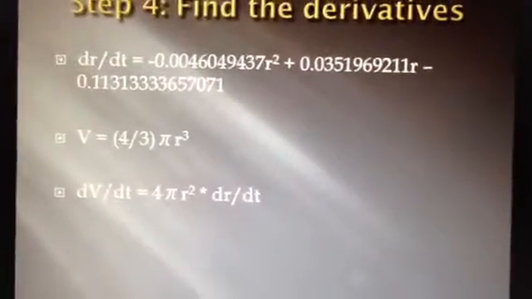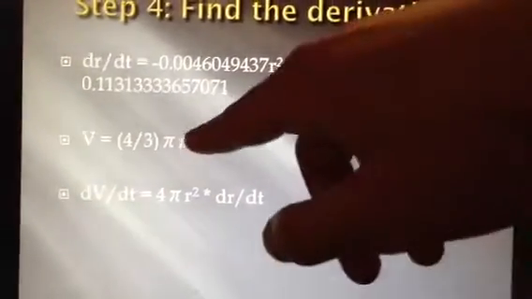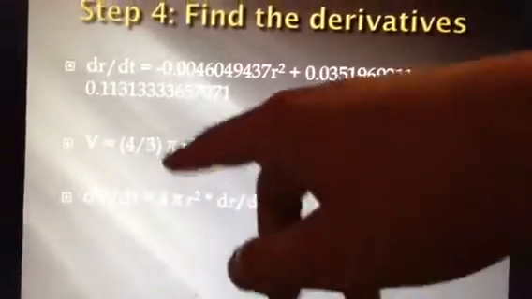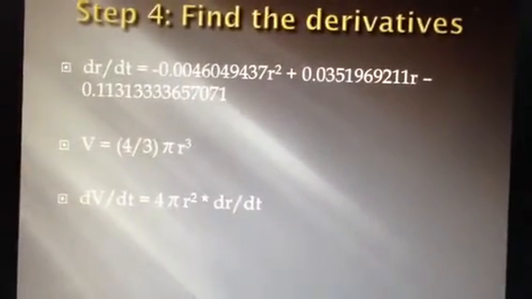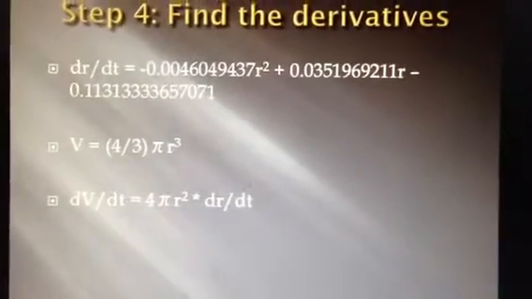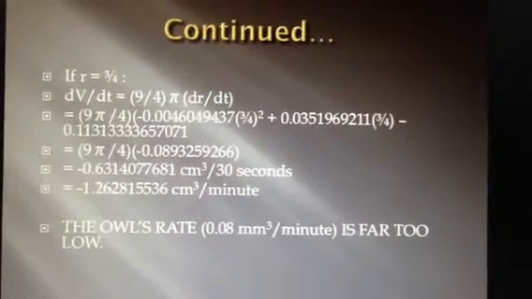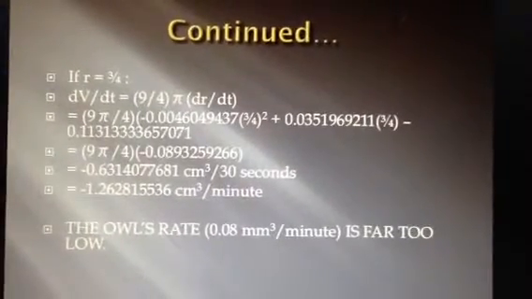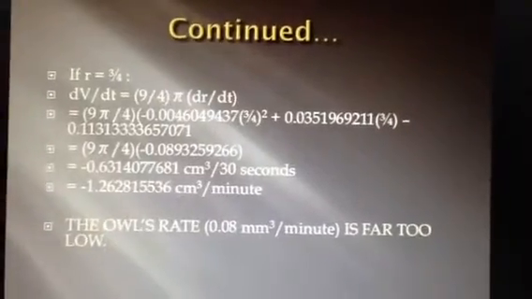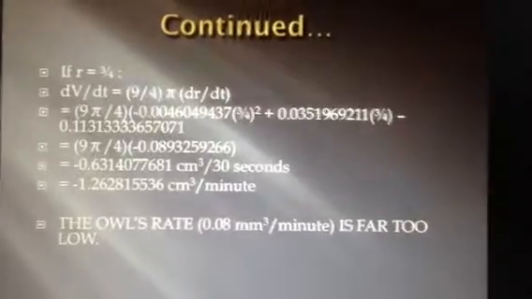So taking the derivative of that, you get 4 pi r squared, because 3 times 4/3 equals 4, and then times dr/dt, because we're doing implicit differentiation. So what we ended up doing is, if r equals 3/4, we just plugged in the values, and we eventually got, at r equals 3/4,